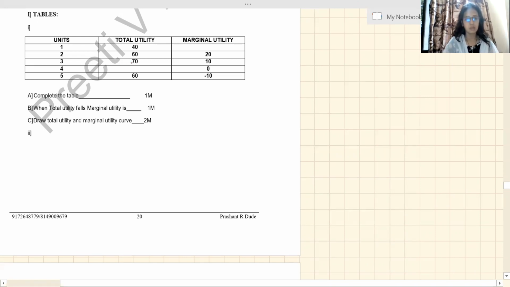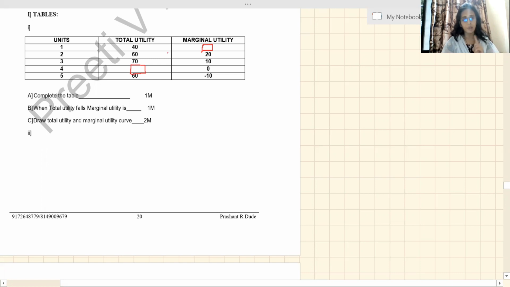So the answer is C. Here TU, total utility, is 40, 60, 70 and here is the fill in the blanks part and then 60. And MU, we have no idea about the first figure, then 20, 10, 0, minus 10. Now we have to complete this table. Students, remember, whenever we do this, actually you have learned that table by heart, but this is new to you. Now what is the logic behind, means how to complete this table?